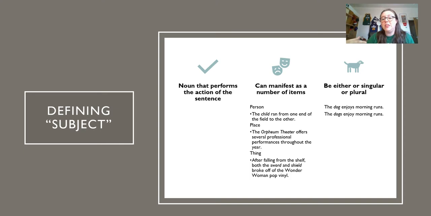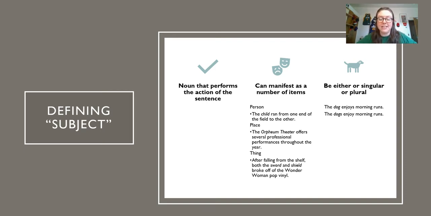It can be a place. The Orpheum Theater offers several professional performances throughout the year, or it can be a thing. After falling from the shelf, both the sword and shield broke off of the Wonder Woman pop vinyl. So we can see that nouns can be a person, place, or thing, but in each of these examples, these nouns served as the